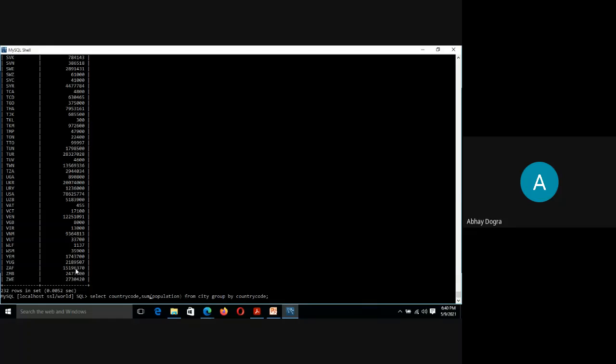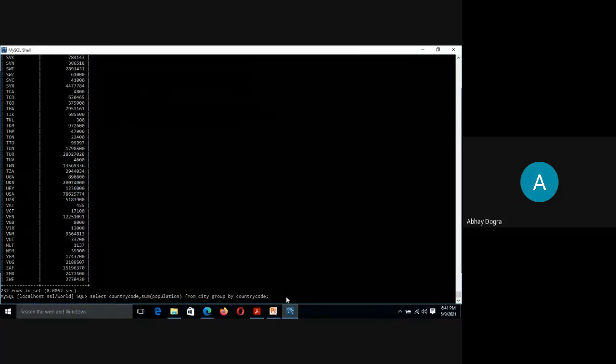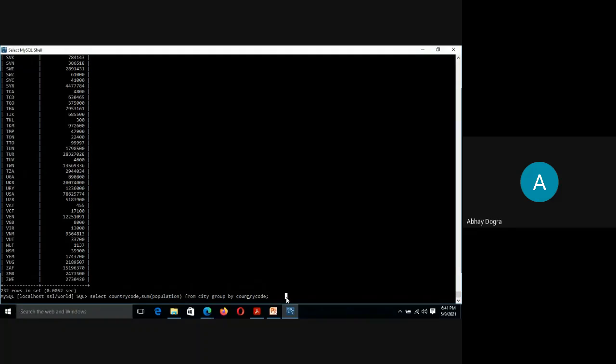But remember, it is basically used with functions, the functions that we had learned. It could be count, sum, or average. And you need to have specific data where grouping is possible. Now, here we have this data, this what we call country code. So there are more than one country code for a city, right? Or the other way, right? So if you have this kind of data, then you can use the group by clause to group them together. Clear? I hope it's clear to everyone, because this is quite important.